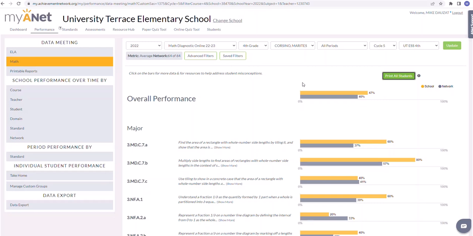So one of the things that you're probably going to have to do, your principals are probably going to ask you to do because their EDs are going to ask them to do this, or Dr. Perry's going to ask them to do this, is to determine the performance of the students with disabilities, so the ESS students, let's say. So when you go, just to remind you, to school performance over time by course, let's say, by course,